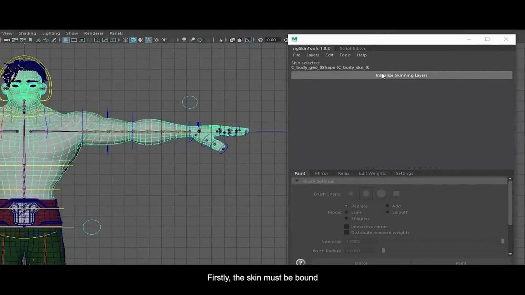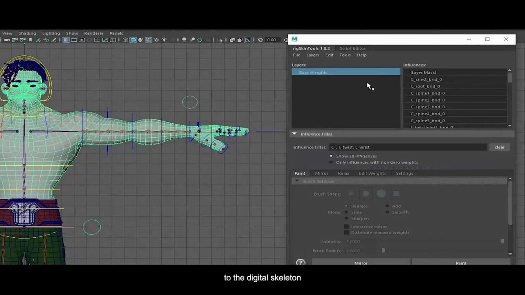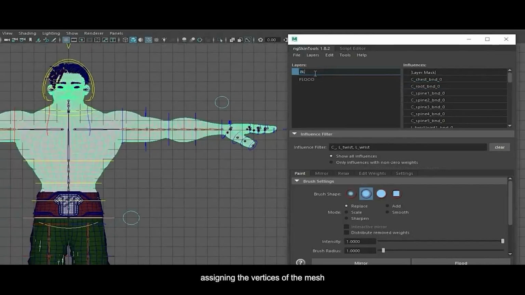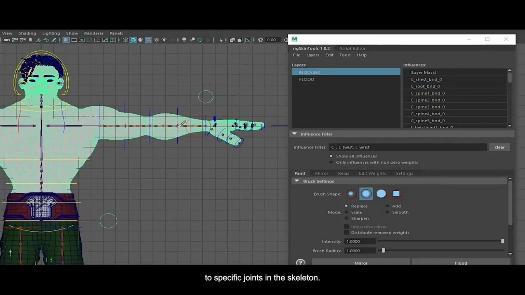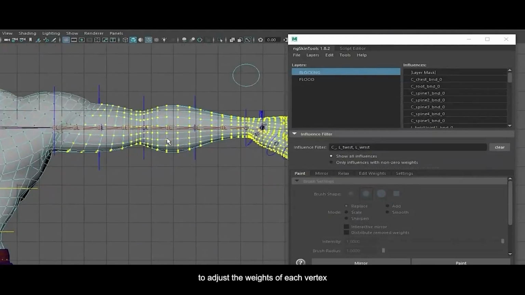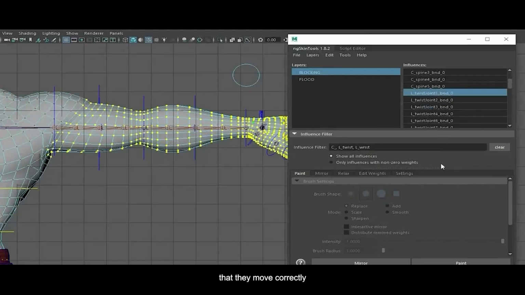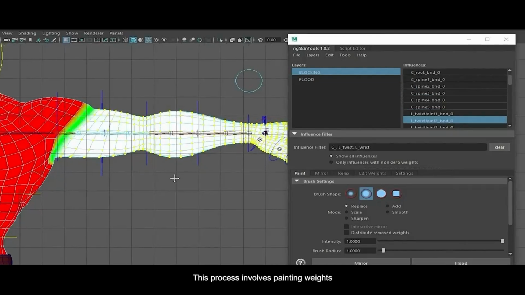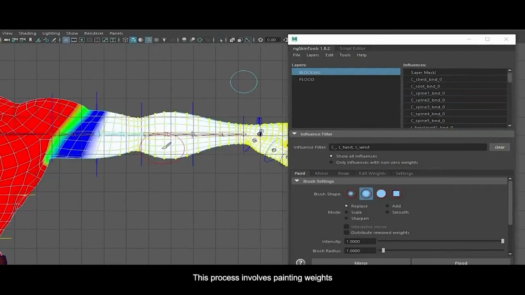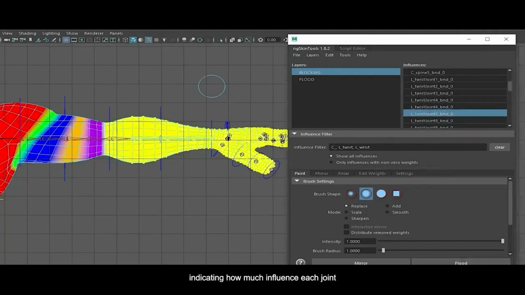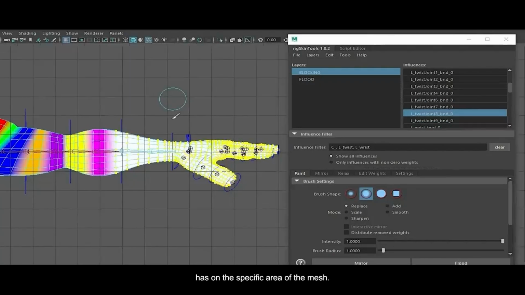Firstly, the skin must be bound to the digital skeleton created during rigging. This process involves assigning the vertices of the mesh to specific joints in the skeleton. Next, it's time to adjust the weights of each vertex to ensure that they move correctly when the skeleton is animated. This process involves painting weights on each vertex, indicating how much influence each joint has on the specific area